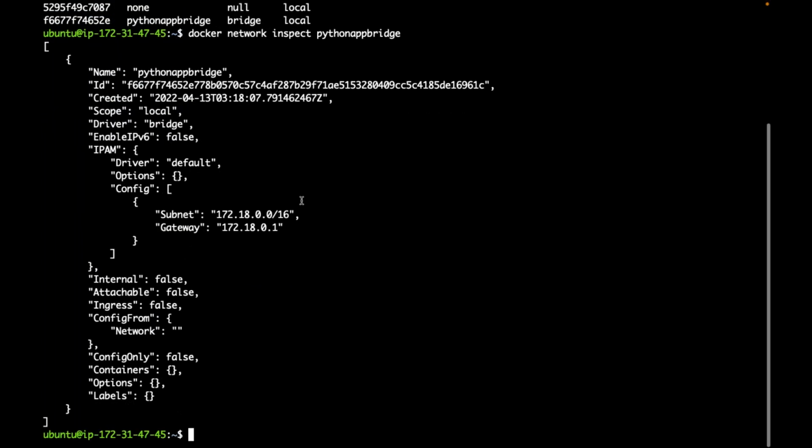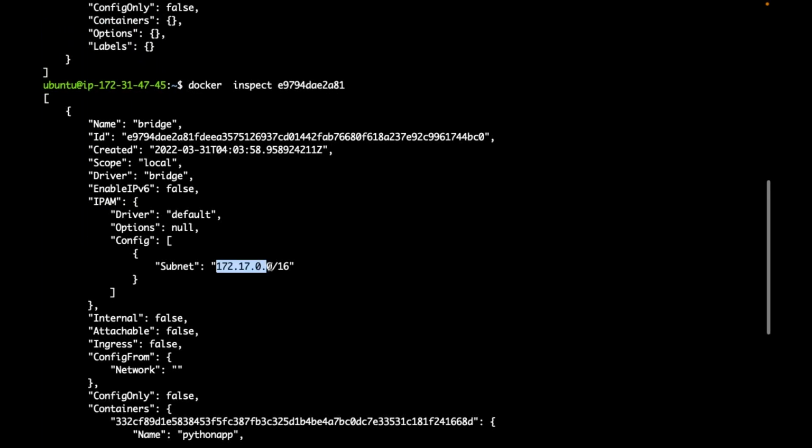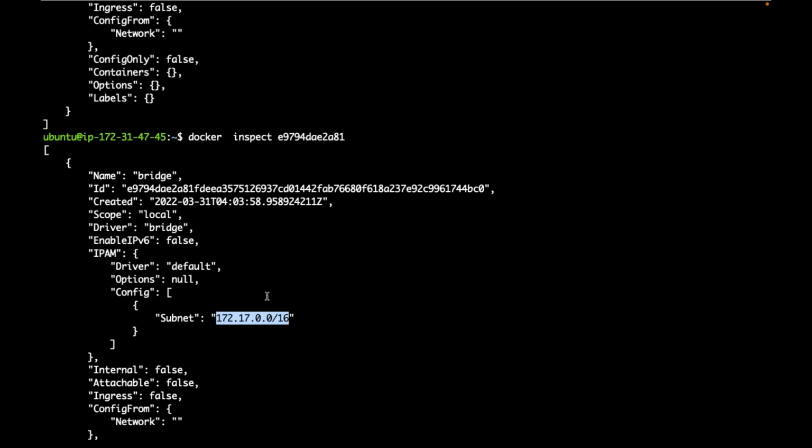And if I inspect the default bridge, I can do something like this also. Docker network inspect, or just inspect also works. I'm inspecting the default bridge network using the ID, or you can use the name also. Do you see the subnet range is different from the other Docker network? What is the range for the default one? 172.17.0.6